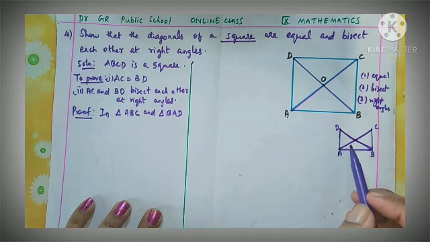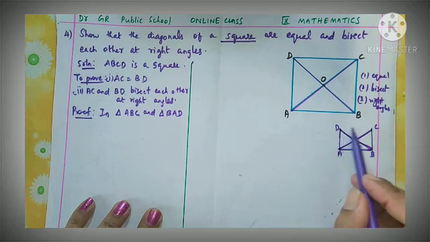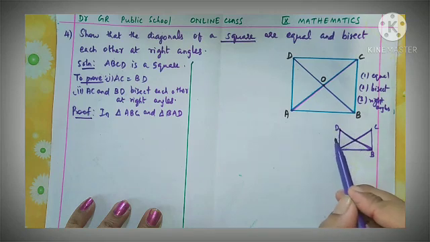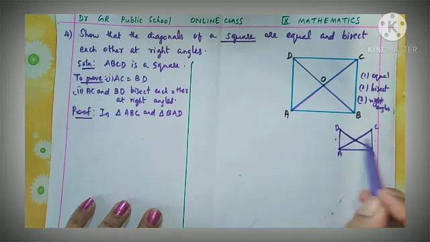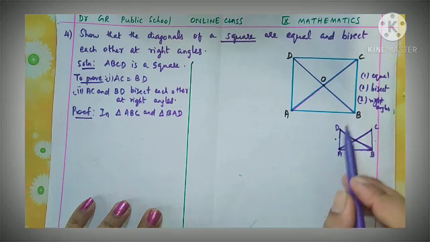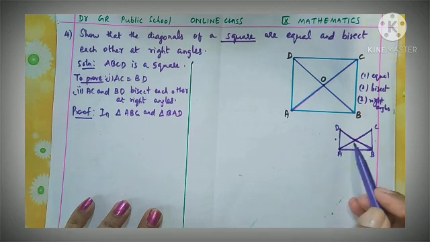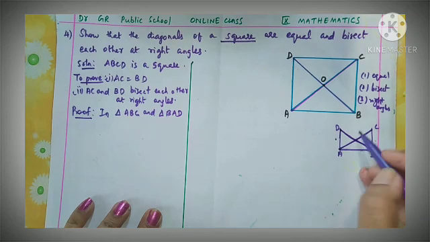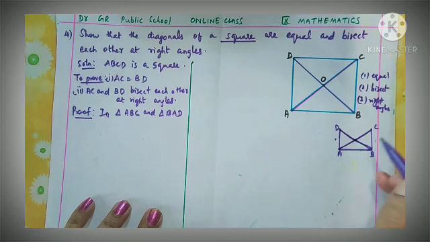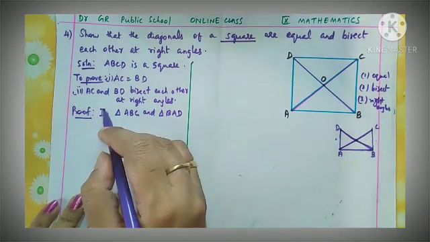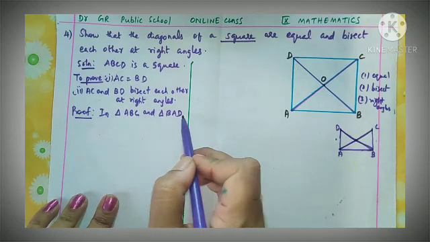The one thing is, in a square all the sides are equal, we know. So we can say these two sides AD equal to BC. Understand? Because this is a square, all the sides are equal. And what can you tell about these angles? O, that is, these diagonals cut at a point. Okay, so first we can write the first point, that is in triangle ABC and BAD.